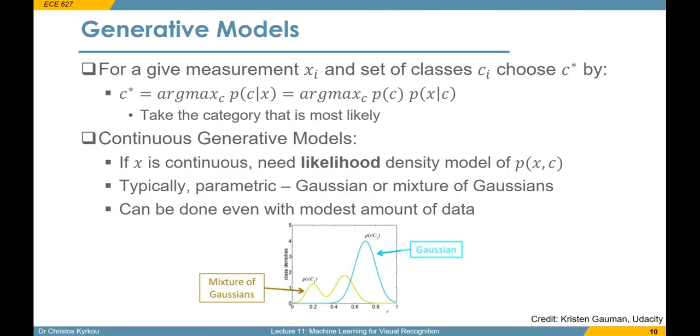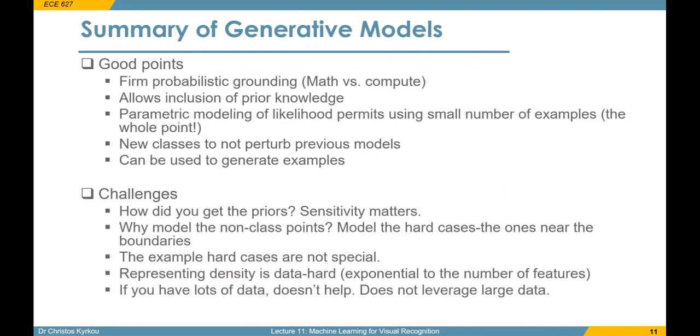And in such cases, we usually approximate that using some Gaussians or mixture of Gaussians. And this is advantageous since we can do this process using only a small amount of data. So in the example here, you can see we model one class with a Gaussian, and the other one we can model it with a mixture of Gaussians if it's more complex. This was just a brief introduction to generative models, just to grasp the intuition and the idea behind the different